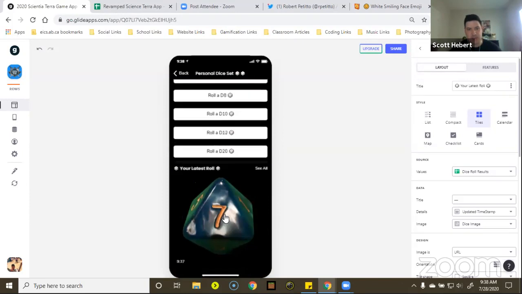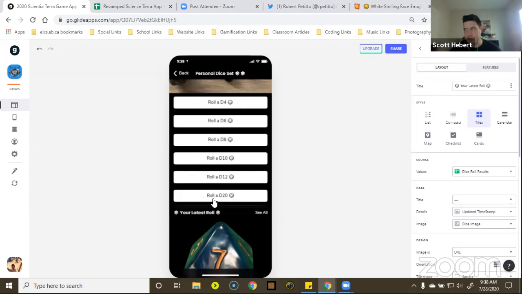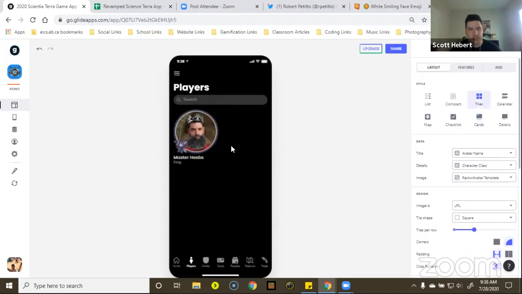So yeah, I have my virtual dice set, which is cool. And then I'm gonna make my percentage dice. I'm still trying to wrap my head around that. But yeah, so I have the virtual dice rolling set as well, because this is going to prevent kids again from using dice and sharing them and rolling them.